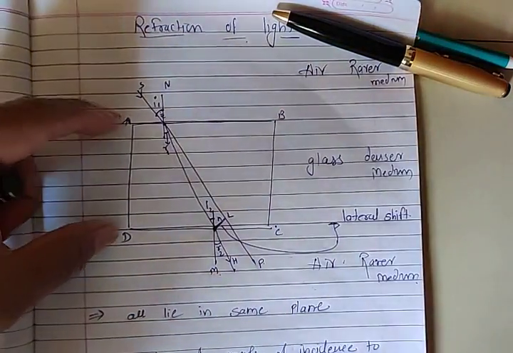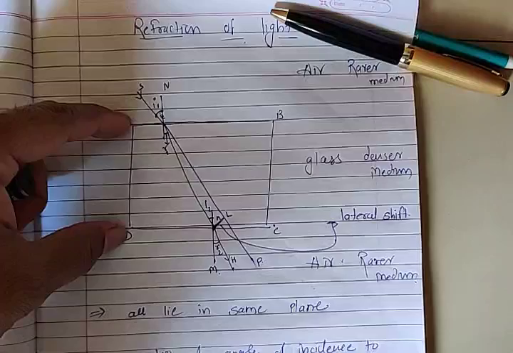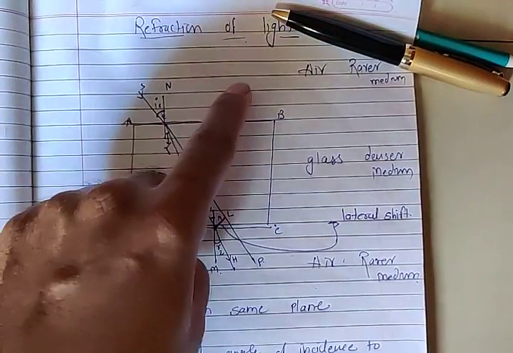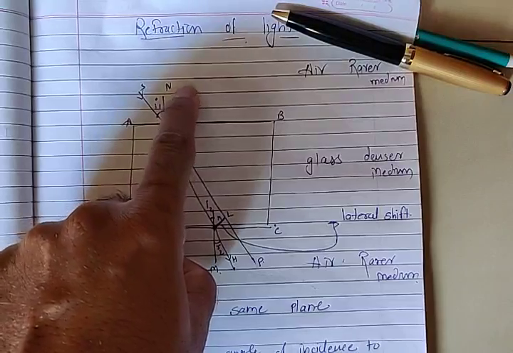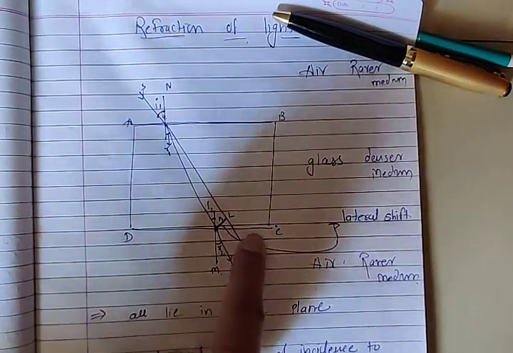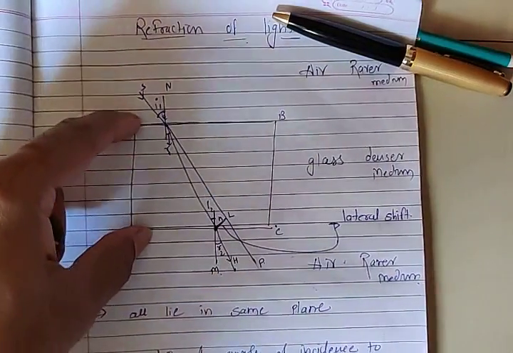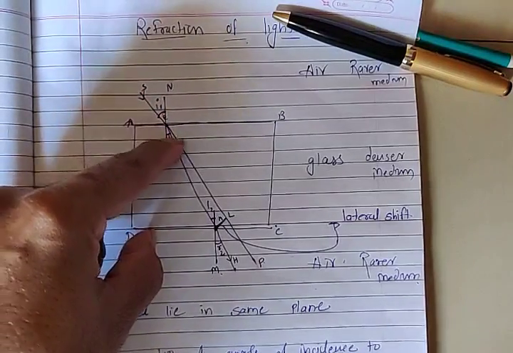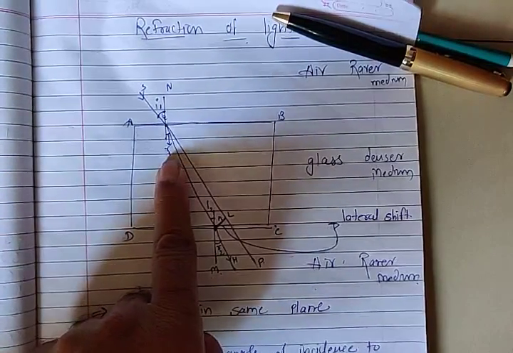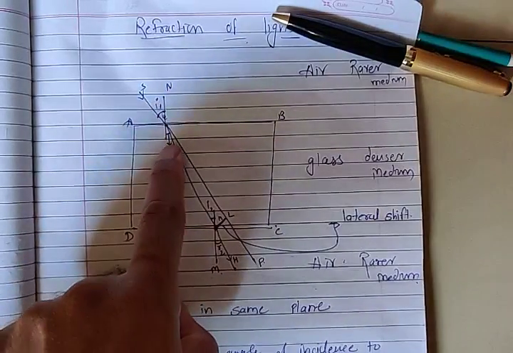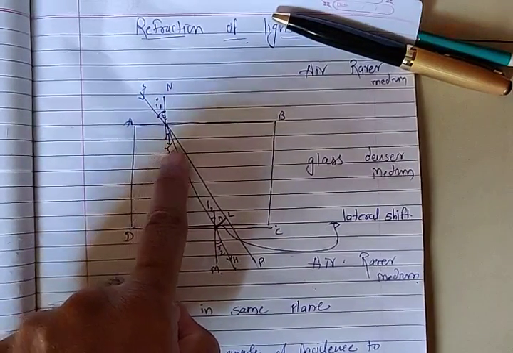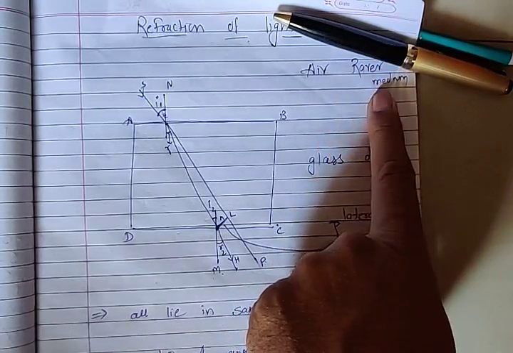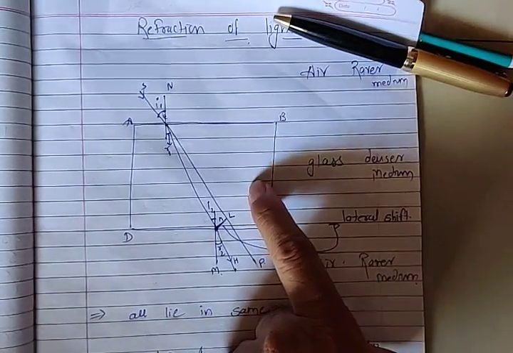We put the same ABCD as a glass slab in between the rays. Then it is going to form a certain angle, because in the earlier path it was air, so it was easily able to travel straight. When I put a glass slab, it makes a certain angle of incidence I, and the ray shows a deflection at a certain angle, because glass is a denser medium and air is a rarer medium compared to it.